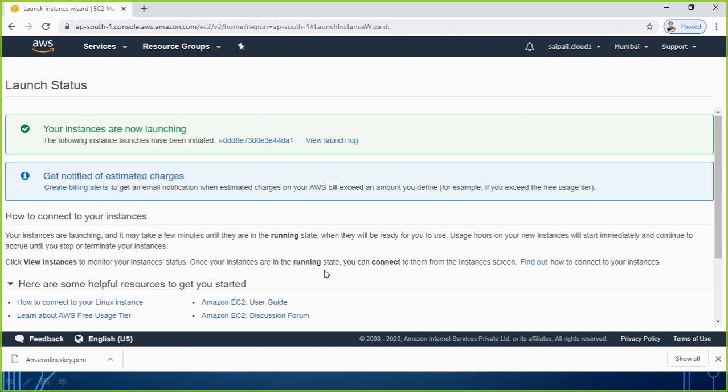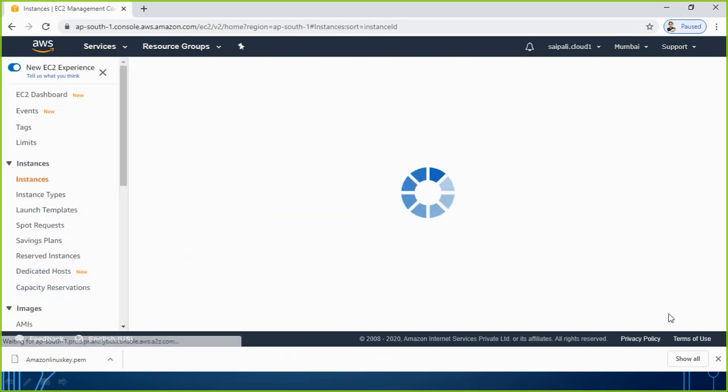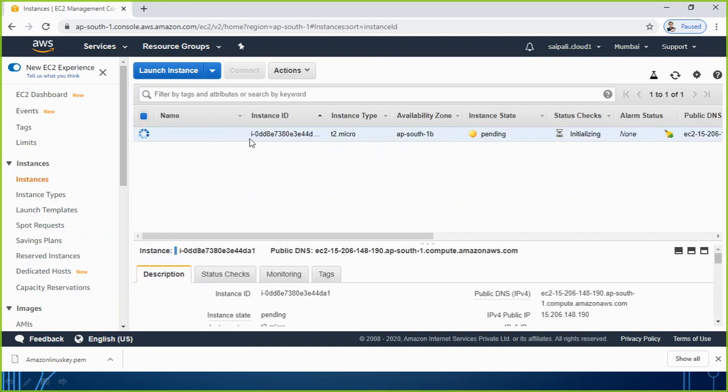Launching the instance means you have given a green signal to AWS to create your instance. Now you can go to View instances and you can see one instance we have made. The state is right now pending, because we learned about these things in the last session. Whenever you create a new instance, it first goes to the pending state, then to running.